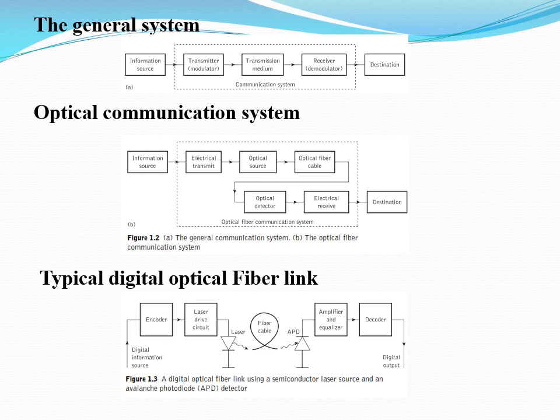And we can also have some equalizer circuits. We can see that with the digital optical fiber link later. In that we just look into the consideration of amplifier and equalizer. So this is how the optical communication system works, and we can find the difference between the general communication system and the optical communication system in terms of blocks and in terms of conversions.